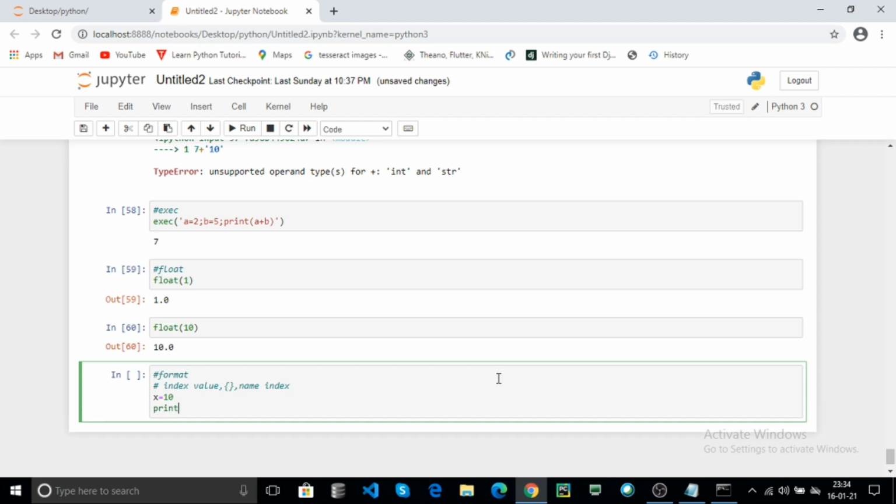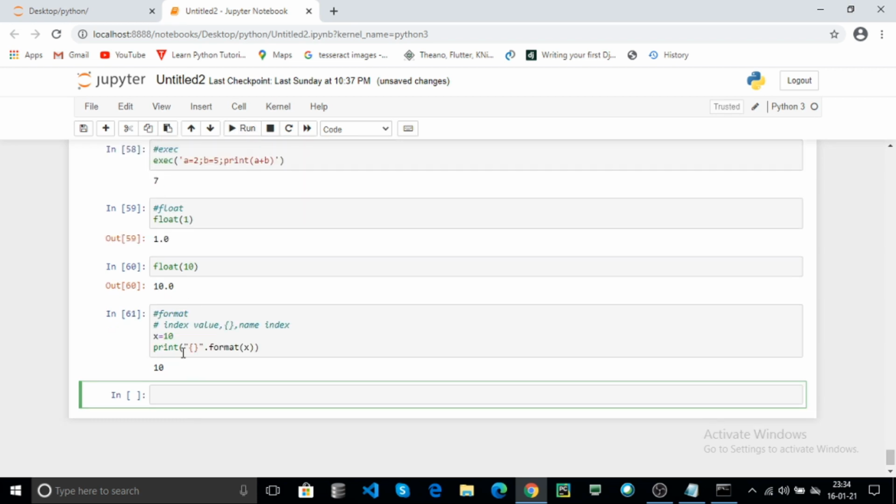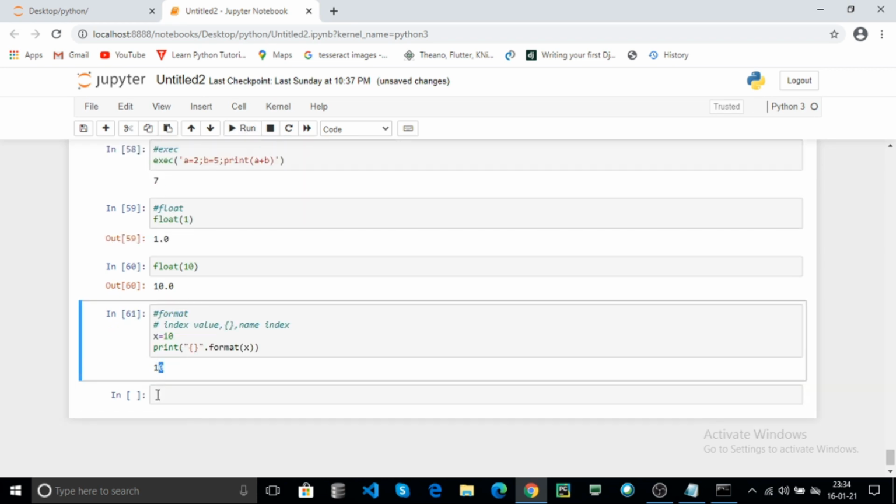Now print your x with format, using the placeholder dot format method. Here you can pass the x. Here the x value will be passed into the placeholder and click on run. Here the 10 will be printed.